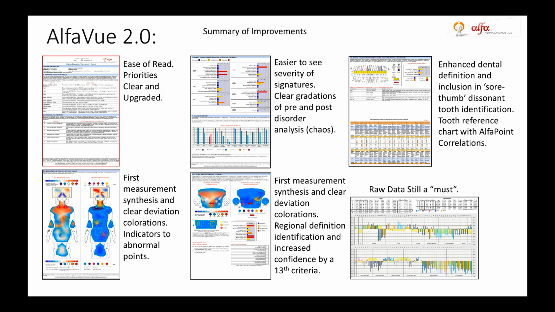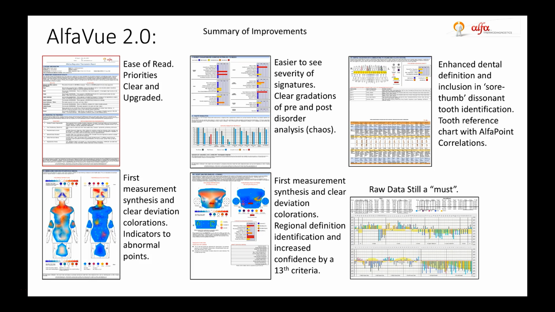So we have these 6 pages, not 7, and we have a condensation, so to speak, of the signatures on the 3rd page. The first page has the ease of reading of the priorities. We've improved the way that it looks, and so it's easier to read. The second shows the first measurement only in comparison to the ideal, and we colorated those abnormalities of the first measurements. Then we have on the 3rd page the same signatures and their severities, but we also have the indications